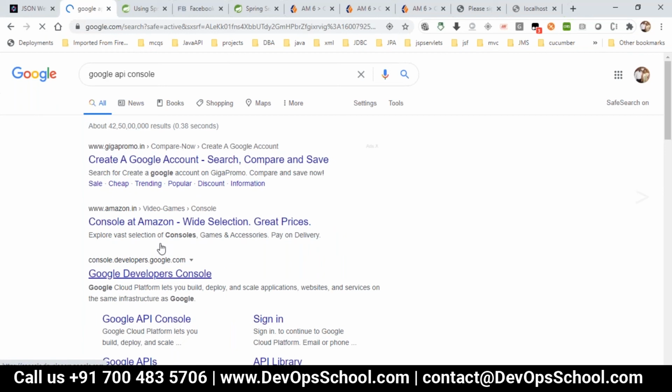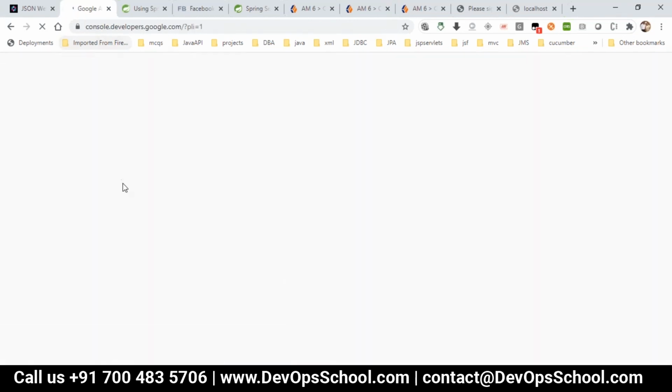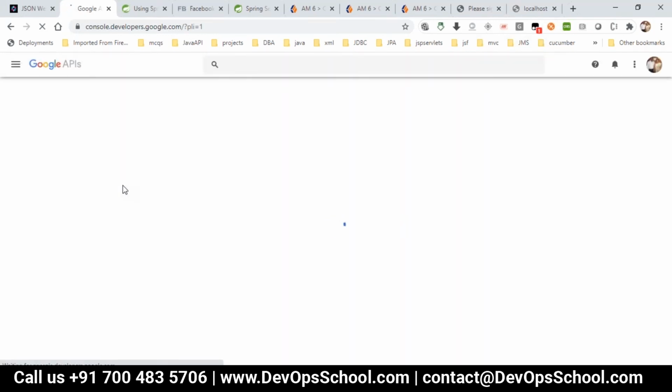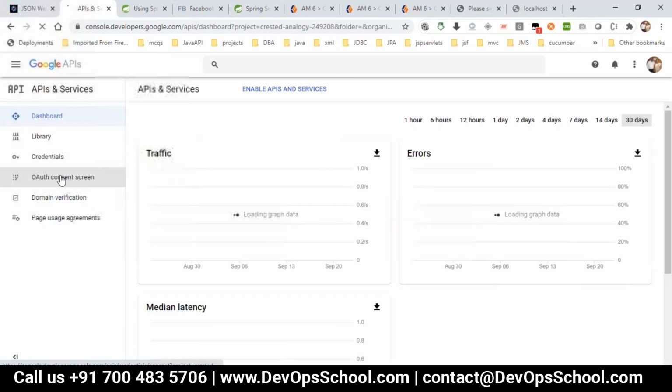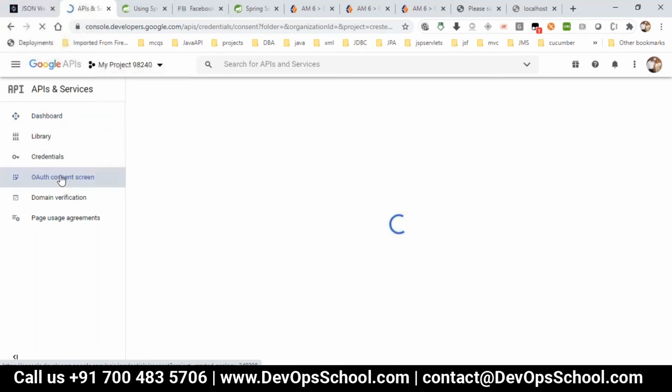In console.developers.google.com, you can just go to the dashboard, or you have an OAuth consent screen.